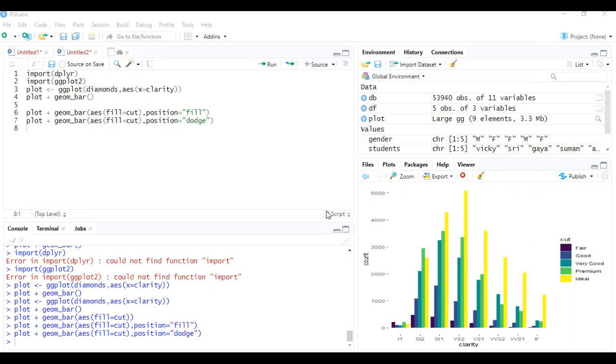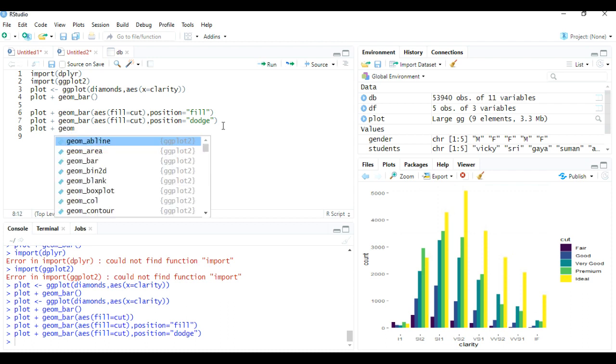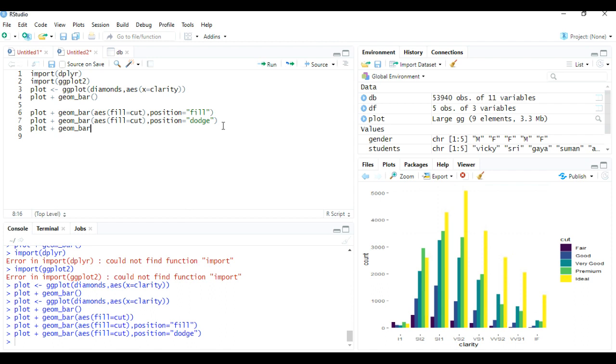Here now I am going to show one or two more features of this bar graph. So for that I will copy this line, otherwise I will type plot plus geom bar in aesthetic function.